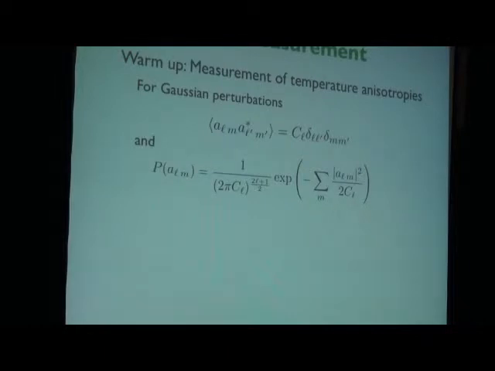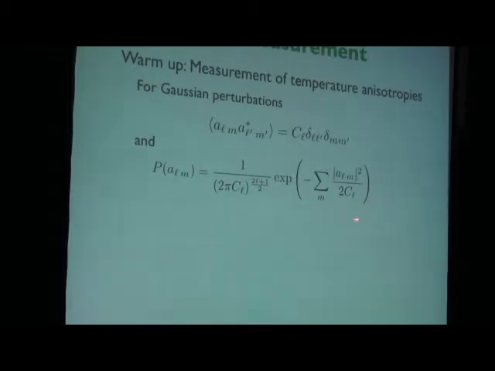So before we look at the realistic case, let's look at a warm-up where we consider just a measurement of the temperature anisotropies. Again, we forget about any foreground, sky cuts, or anything. I'll drop the T and just call them the ALMs, which really are the ALMs for temperature. Their ensemble average is given by this. The only thing we need to specify are the angular power spectra, as we discussed before. And because these are Gaussian, and this is proportional to the identity in M and diagonal in L and L prime,